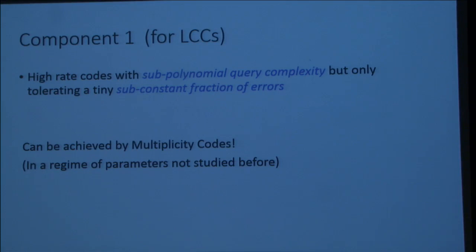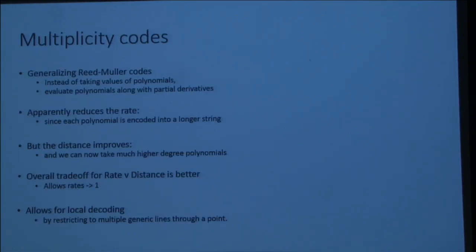beyond Reed-Muller codes. I won't say too much about multiplicity codes, but these are generalized Reed-Muller codes, where Reed-Muller codes were evaluations of polynomials, and these multiplicity codes are evaluations of polynomials where you also write down the evaluations of the derivatives of the polynomials. Basically that's it. You take a polynomial, you write the value and the value of all its derivatives, and then you look at the distance and the rate and all these trade-offs, and it's a calculation after that. Somehow the rate-distance trade-off improves a lot by doing this, just by this operation of writing